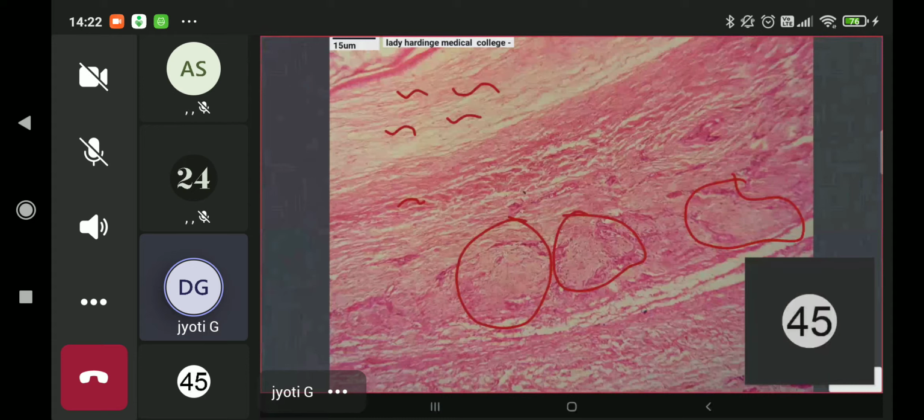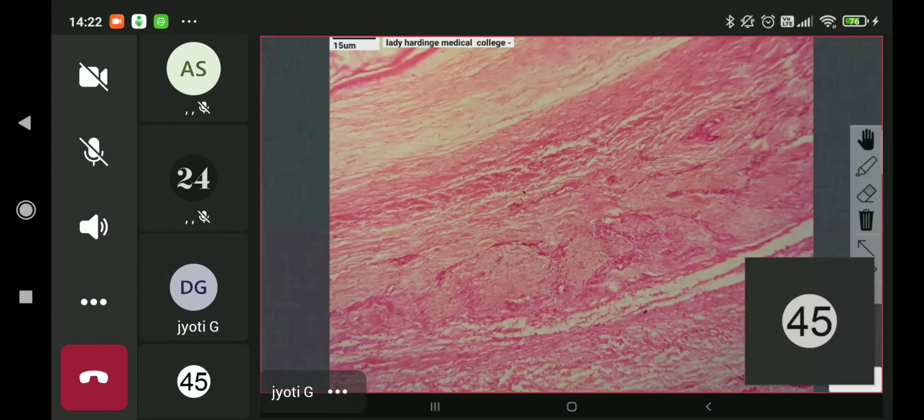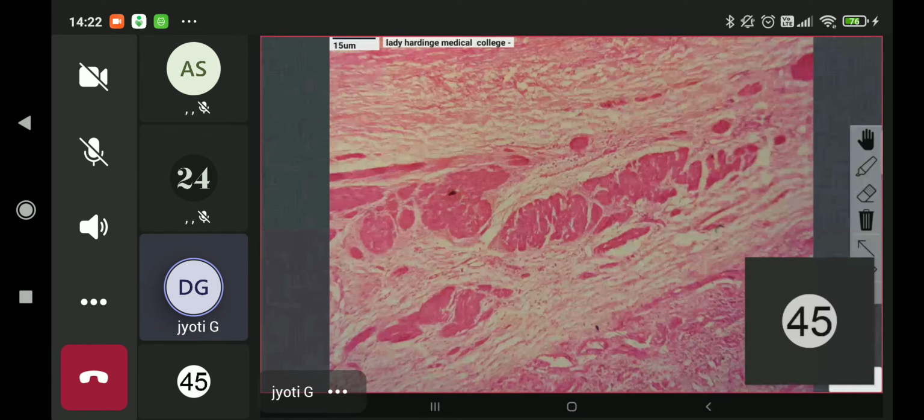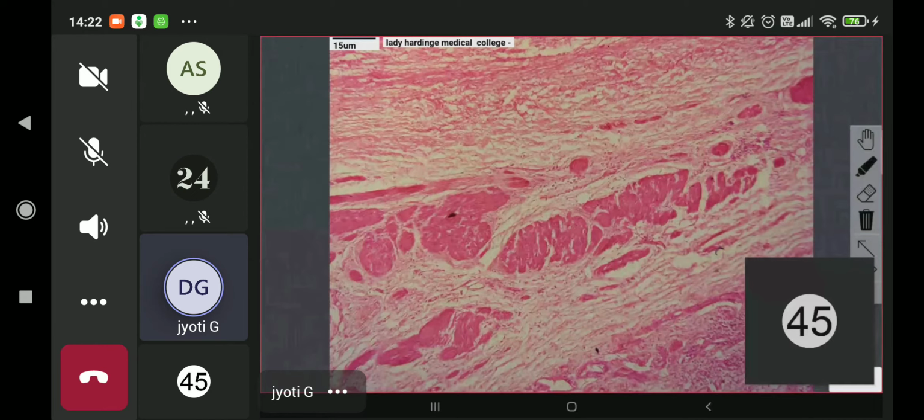Okay. And within the bundle, individual cells have wavy nuclei. So these are nerve bundles. Okay, I will show the smooth muscle bundles again and you can compare. The muscle, see, these are smooth muscle, SM. Okay, smooth muscle like muscle layer you see in intestine, also you have seen in stomach, wherever, in all hollow viscera, you've seen smooth muscle. So this is that. And compare this to this.